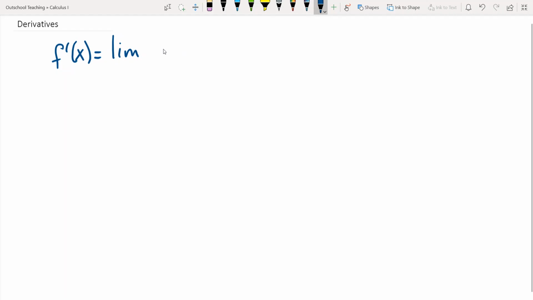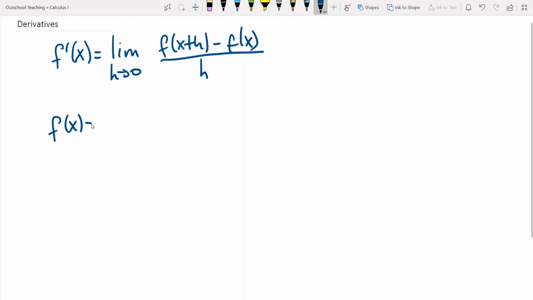f prime of x is defined to be the limit of f of x plus h minus f of x, all of this divided by h, and we're looking at the limit as h goes to 0, right? And we found this to be a long and tedious process, and this has all brought us to this moment. So if I give you f of x is equal to a x to the n,